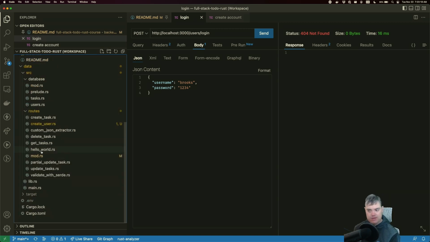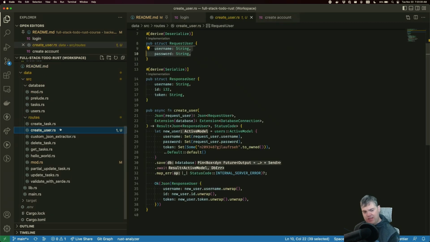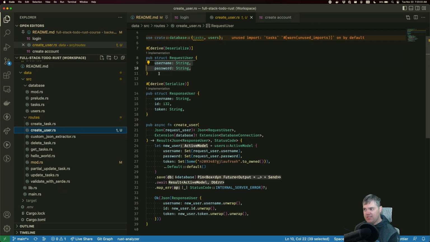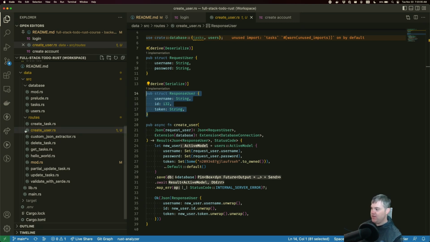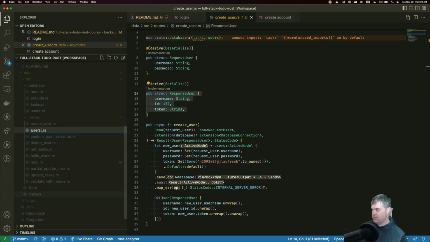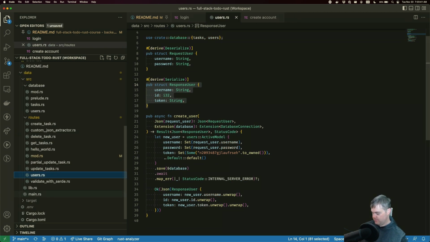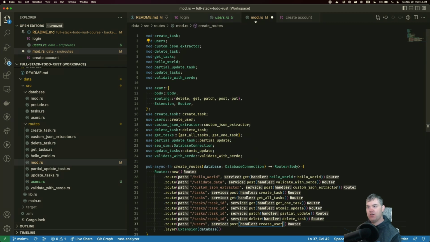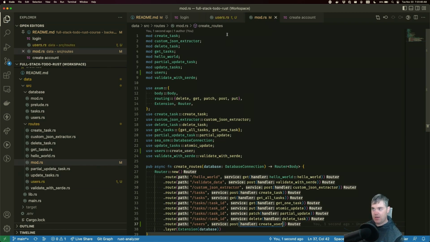Now, I was thinking, because in create user here, we have our request user and we have our response user. And both of these are exactly the same request coming in for login that I want for responding out. So I'm going to go ahead and rename create user here just to users. VS Code is automatically updating mod to help us out.